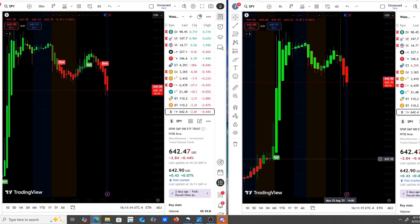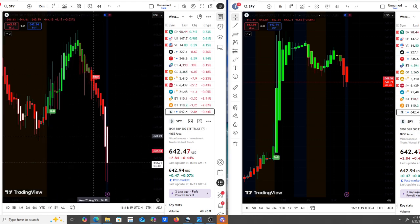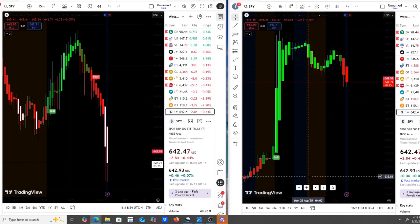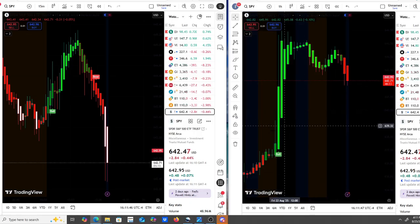Now, to the upside, I'm going to be watching here if these bull indicators can start to appear on the lower time frames and try to transition back up from the 5-minute, the 15-minute into the 30-minute and break through 644, guys. That's going to be a crucial resistance here based off the 15-minute and this chart overall. So we're at 642.93, 644. Then above that is 645, and then I'll be watching 647, guys. Those are the key levels to the upside, and to the downside, I will be watching closely. And right now, for as long as these bull indicators hold up,